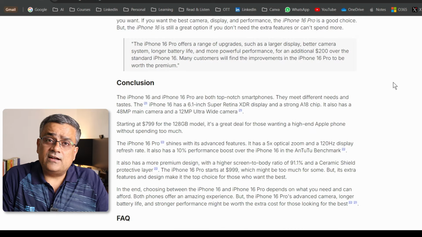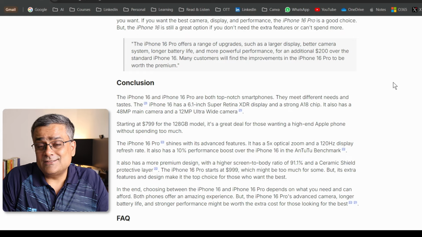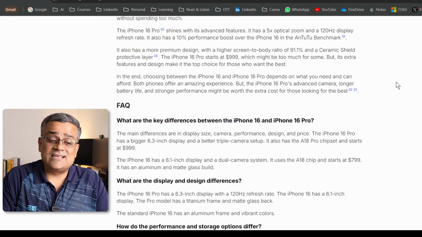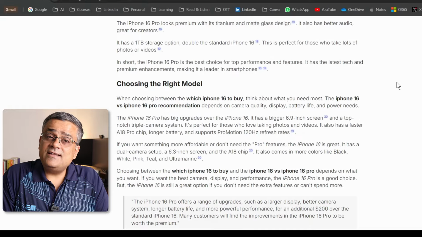It even gave a conclusion on what you should do. Should you buy or not buy? What are the differences between the two models, along with some FAQ questions and answers. And all this text and content is SEO tuned, so you don't need to spend more time on the SEO part. This is one excellent tool I came across, and then I thought I should record one video